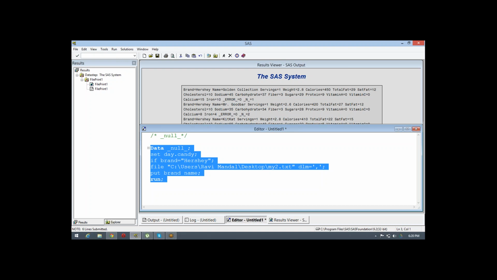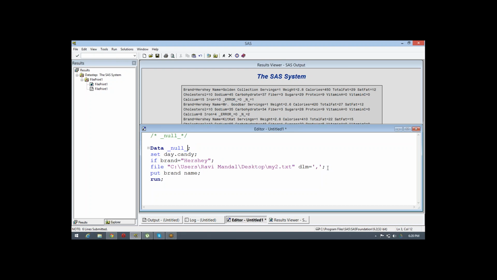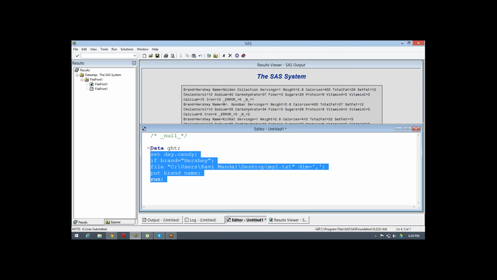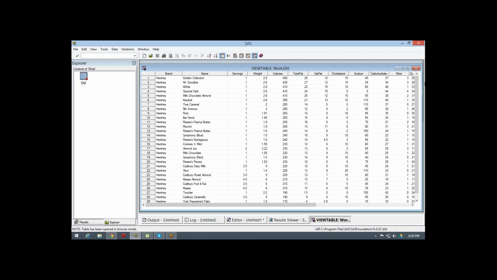So this is only used just for test purposes. Whenever you have a large amount of data, whatever condition you are applying, to see what type of data is getting generated, instead of creating a data set, checking it and deleting it again, we can use the log window to always check whatever result is getting published. If it matches your expectations, you can create it back. You just replace this word with something else, so the data set is created over there. So there's no harm.